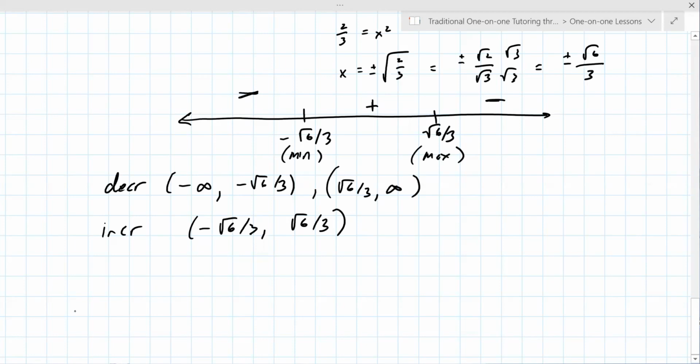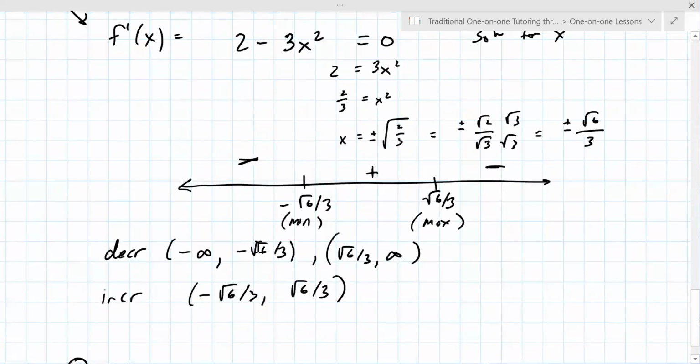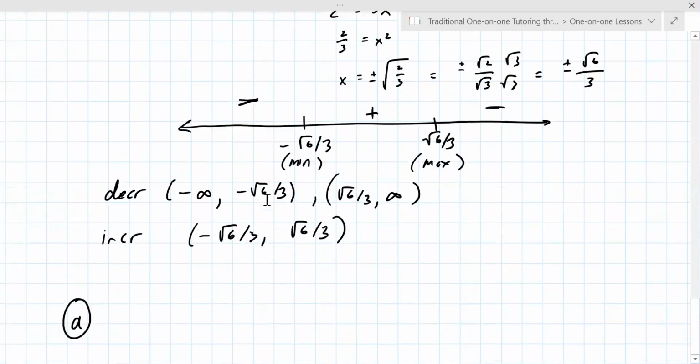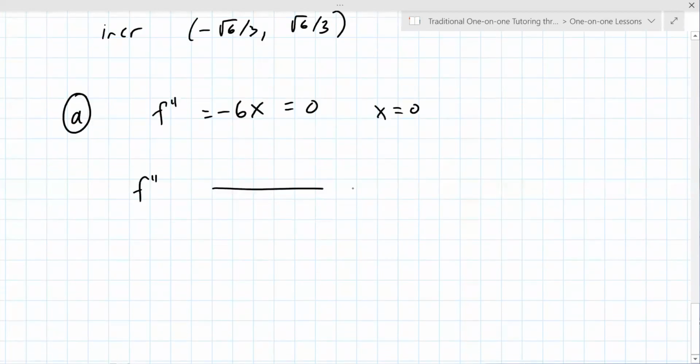So now part D, the second derivative is minus 6x. You set that equal to 0, and you find that x equals 0. So now you do a sign chart for the second derivative. And you test points on the left and test points on the right. So when x is positive, it's negative 6 times a positive number. So that's a negative number, you get a negative here. So it's an inflection point